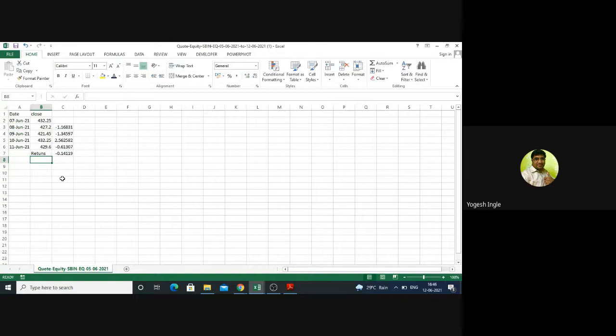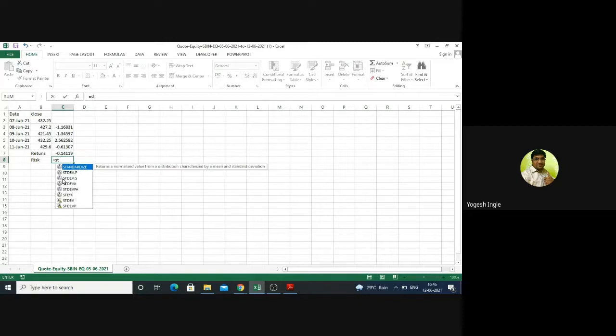Now I want to see how much risk I faced. You know the formula. But in Excel, we are not going to use any formula by hand, we'll use the formulas available in Excel.